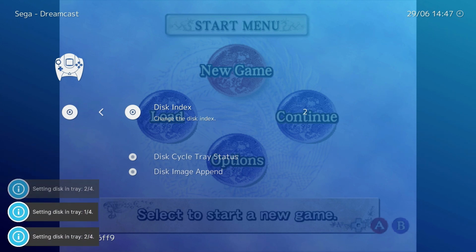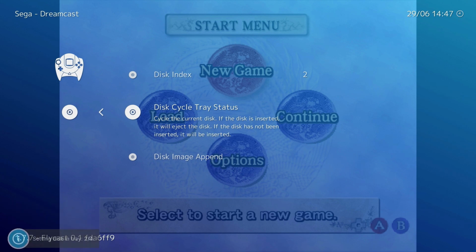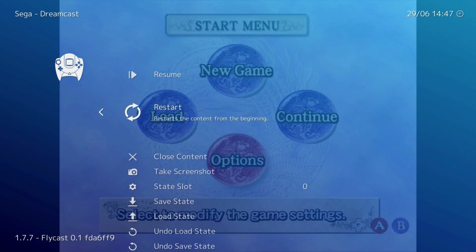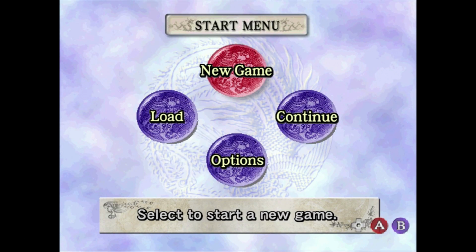So let's just go ahead and change to disc 2, and now we're going to close the virtual disc tray. Now we're going to go ahead and restart the game just so you can see that it's booting straight into disc 2 instead. Now when we click on New Game, it should be asking us to switch over to disc